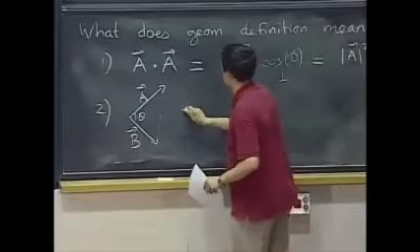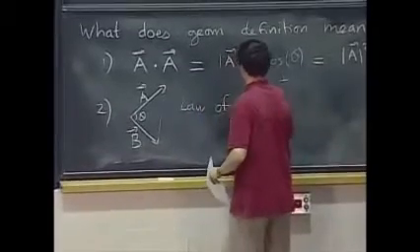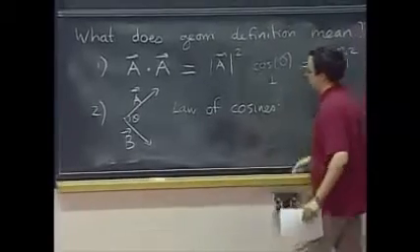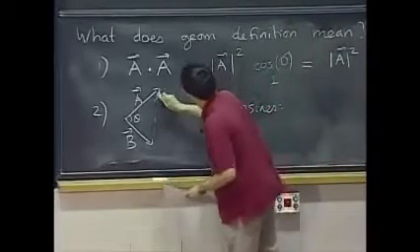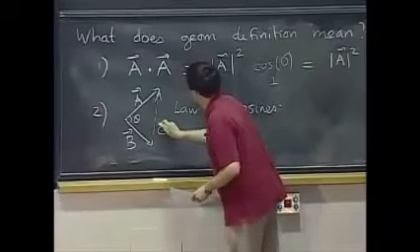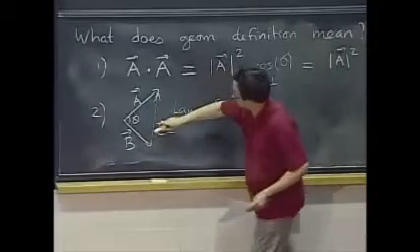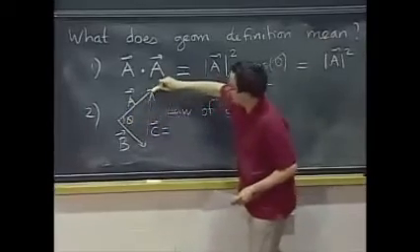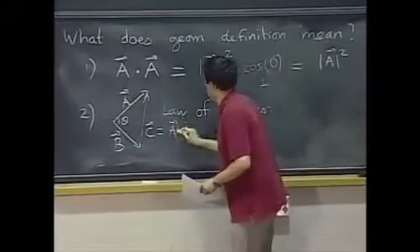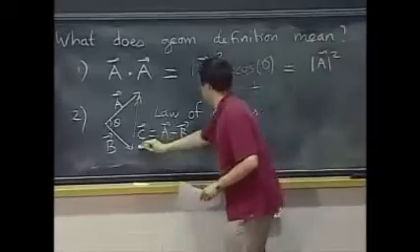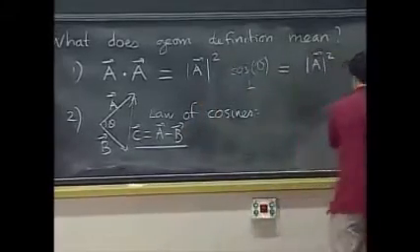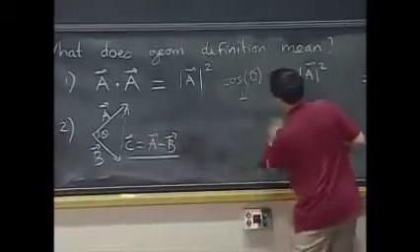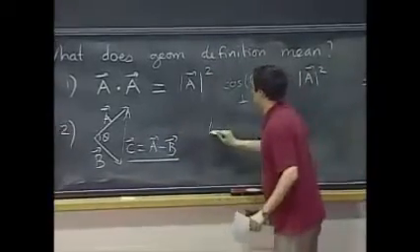Okay, so the law of cosines, which hopefully you have seen before, says that, so let me give a name to this side. Let's call this side C, and as a vector, C is A minus B. It's minus B plus A. It's getting a bit cluttered here. So the law of cosines